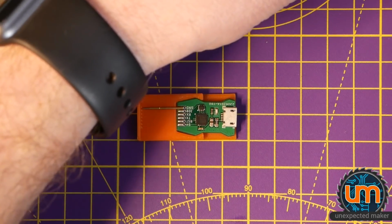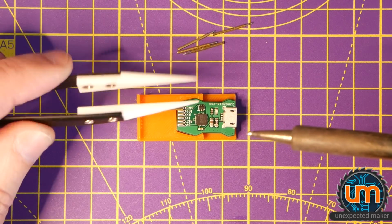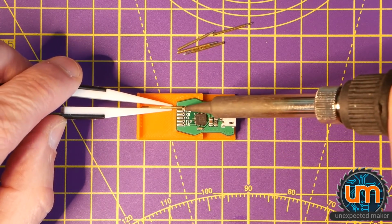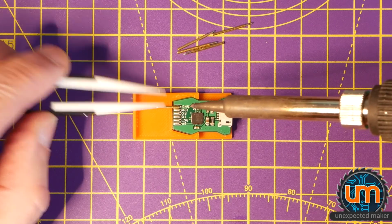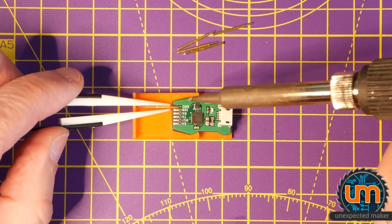I cannot promise anything. What I can promise is this is going to be a disaster, most likely. But you only live once, right? I'm going to do it without the middle. The question is, can I hold it still? And will there be enough solder to hold it? Like, I don't know if that's going to be enough solder to make it mechanically sound. And of course I'm about to mix leaded and unleaded, so...